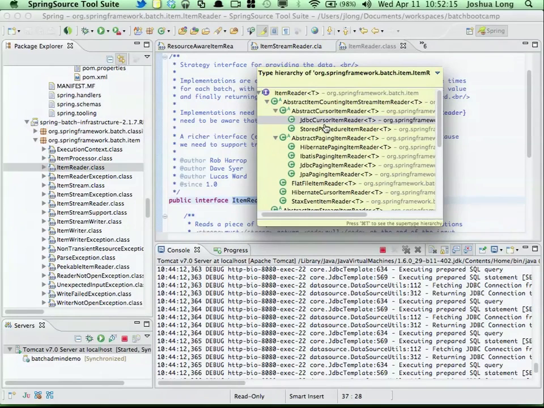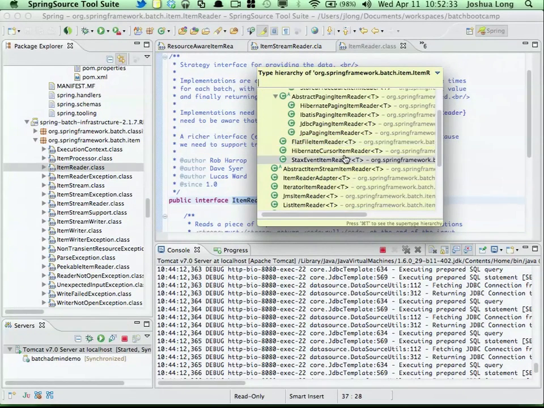You've got options for JDBC cursor-based readers, stored procedure readers, and Hibernate, which is one of those exceptional cases where you have to be careful, because Hibernate itself has weird issues with flushing and boundaries, but it can be made to work. There are also iBATIS, JDBC, JPA, flat files, Hibernate cursor, and StAX XML files, if you want to stream through a giant XML document. All these things are designed to do the right thing for n records, where n could be a zillion records, no problem at all.